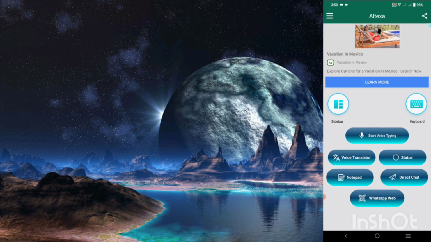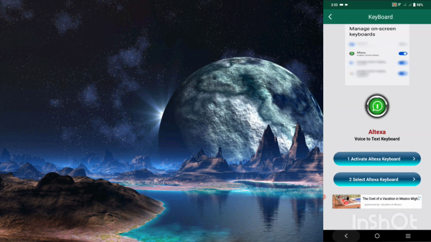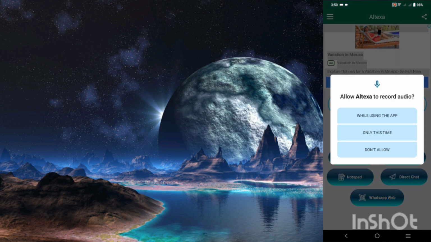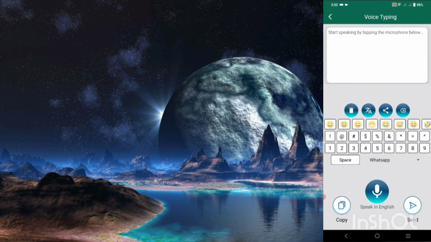This is a keyboard which you can access on your cell phone, and if you want to use the voice app, you can use it easily from here. Now if you want to speak in English,